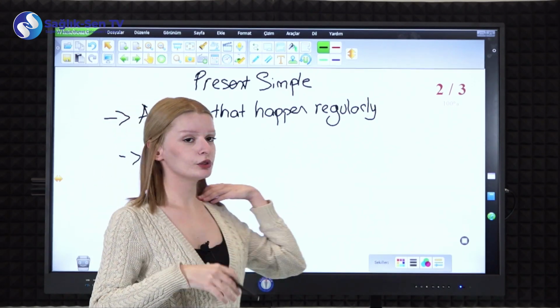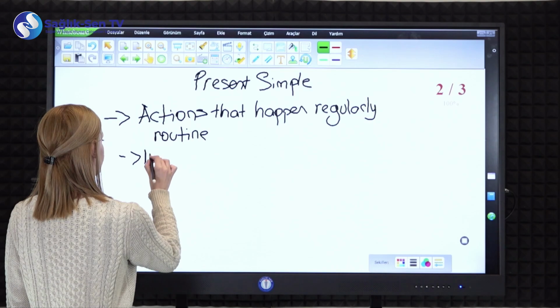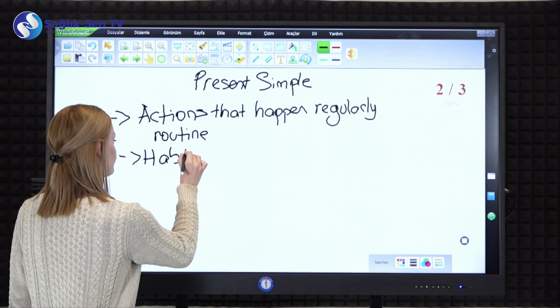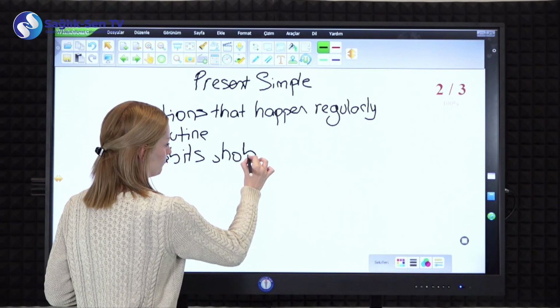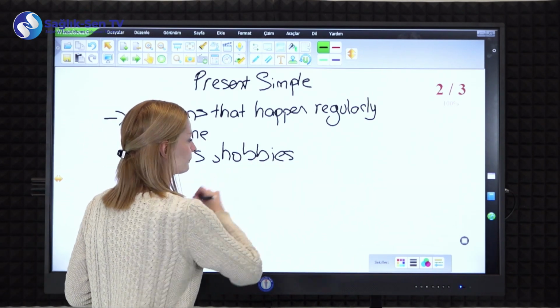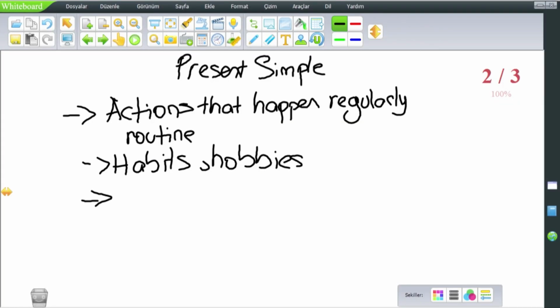We can also use it when we're talking about our habits, our hobbies. And we can use it while we're talking about permanent situations, like